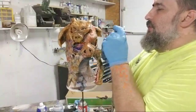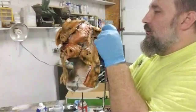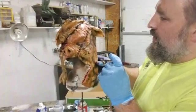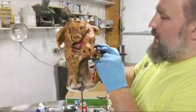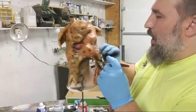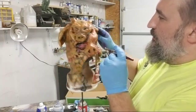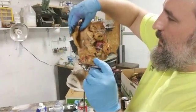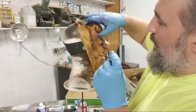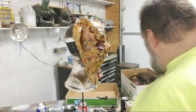The whole concept of this guy is that he made himself a mask out of several pig carcasses that he sewed together. And I think that's a fun concept. Because often you'll see a pig mask that is just one head that the guy wears, and that's cool, but I wanted to do this one a little different. And this is one where there was no other visual inspiration. I just said,